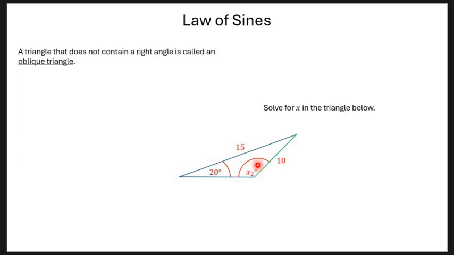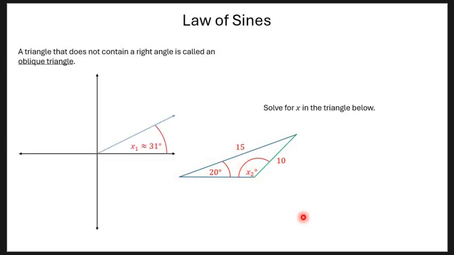So for this triangle, what I'm looking for is another angle that has the same sine as a 31 degree angle. So let's look at the geometry of it. Here's the 31 degree angle. Having the same sine means having the same y value. To have the same y value of an angle in the first quadrant, you have to be in the second